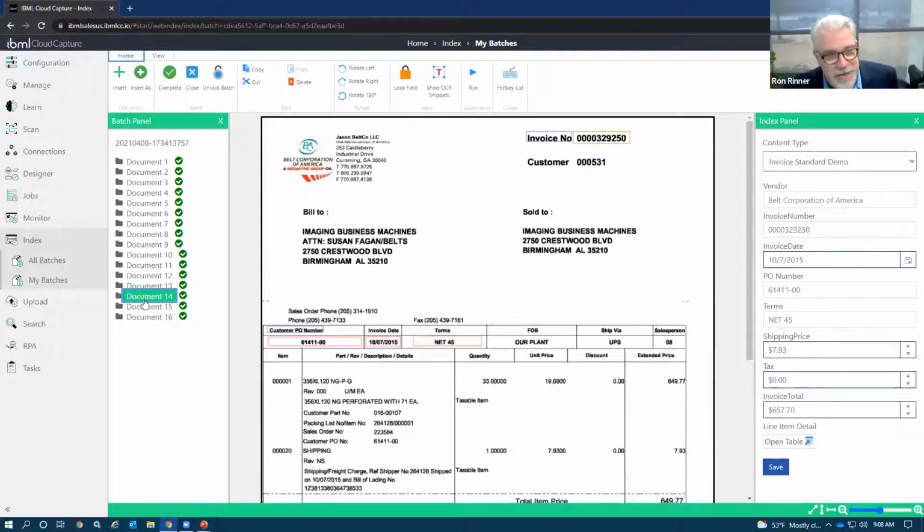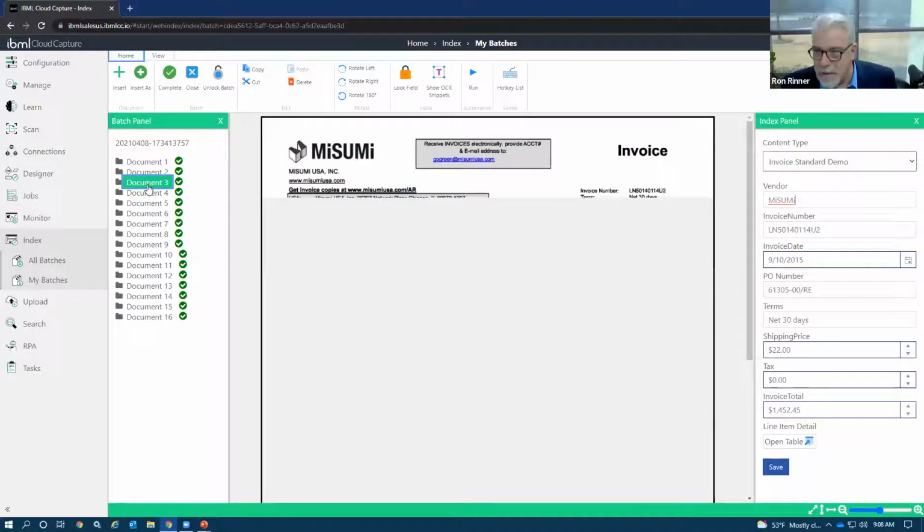Even though the vendors change and the locations of the information change, that information stays the same in the sense that when processing invoices, you're really looking to grab like information from these different documents and normalize it. If it's money, it should look like money. If it's a date, it should look like a date, and then be able to move that forward and process it.